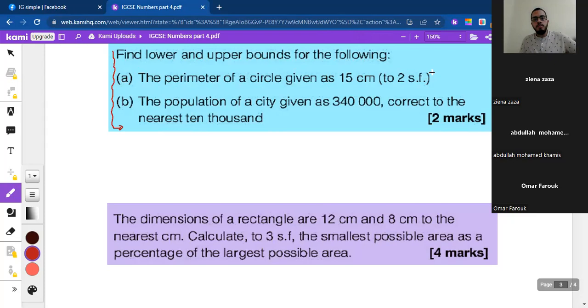Okay, so to two significant figures, those are the two significant figures, 1 and 5, yes? So to two significant figures here, it is a whole number. So it will be 15